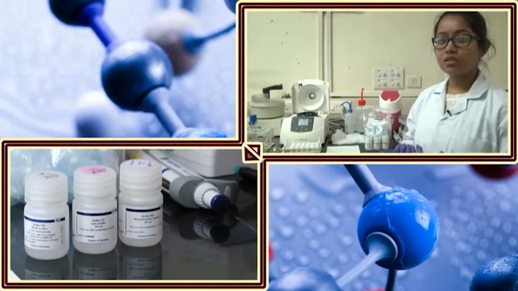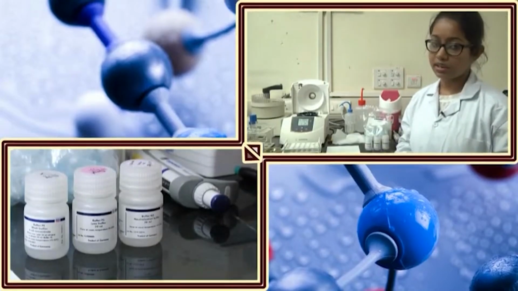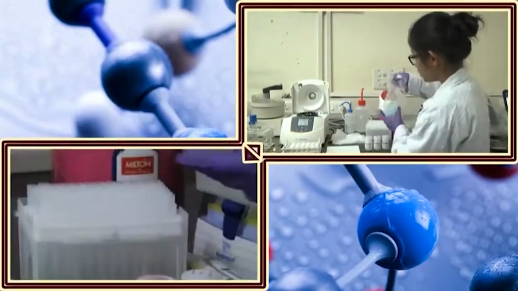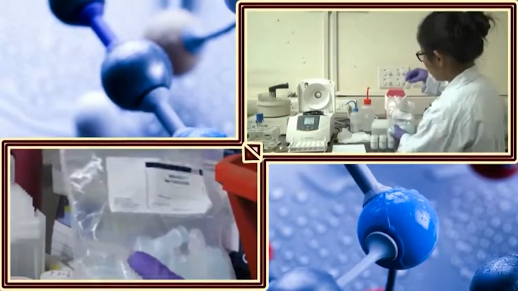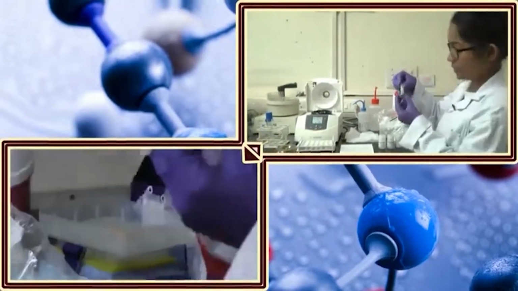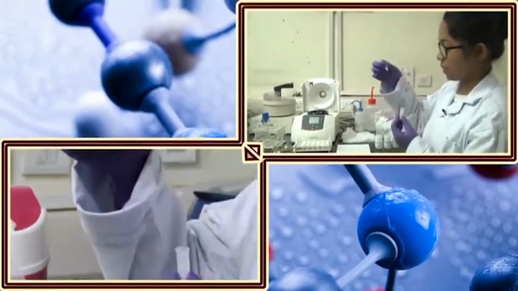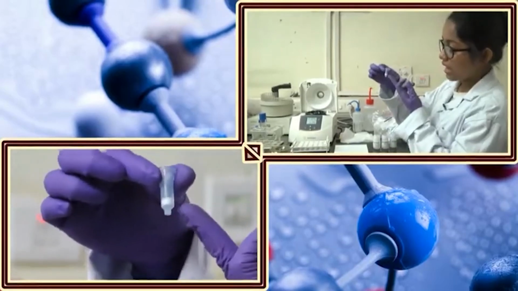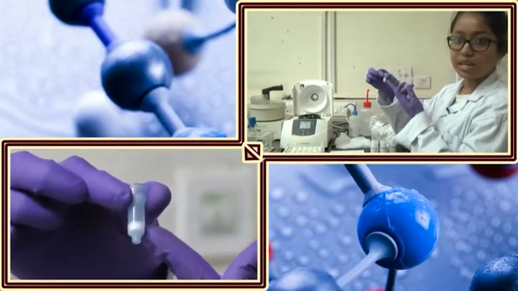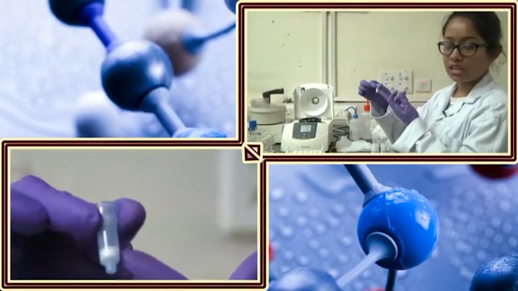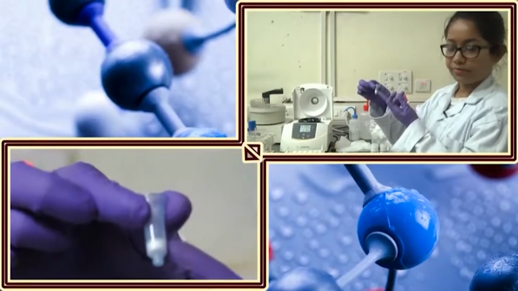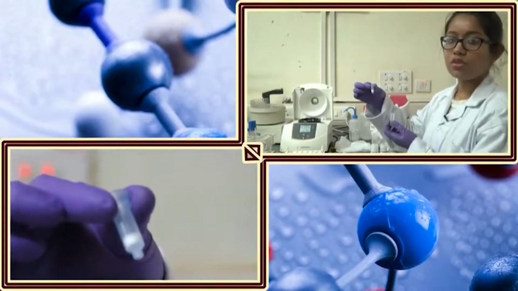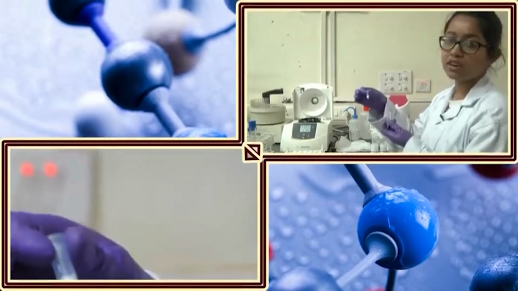Now, after taking out the solution which contains the plasmid DNA, in this kit we will use a column. The column is basically a silica membrane. When we give the solution inside this, at the bottom part of the column there is a silica membrane and our plasmid DNA will get stuck to the silica membrane. And then what we have to do is wash the column to get rid of all the other